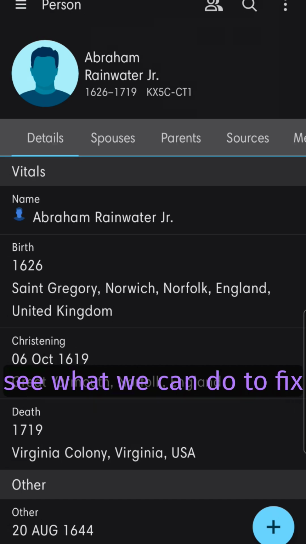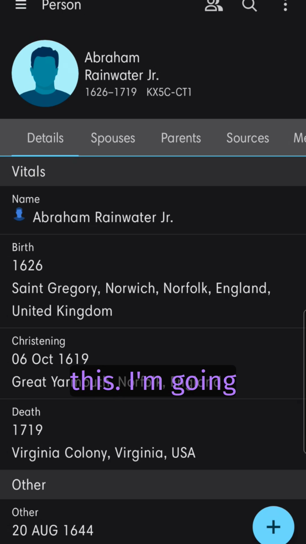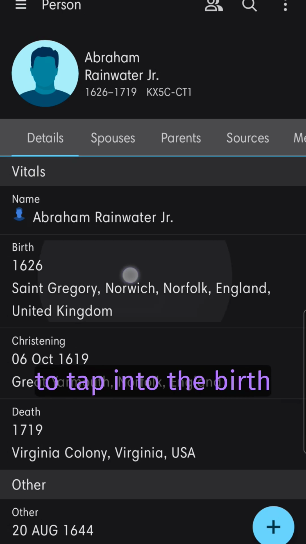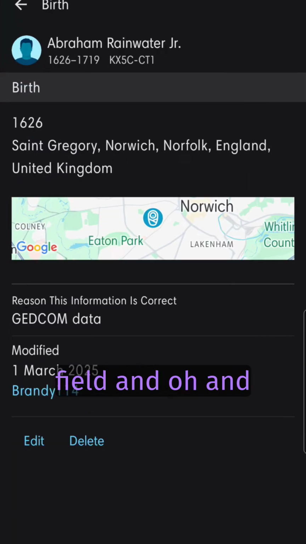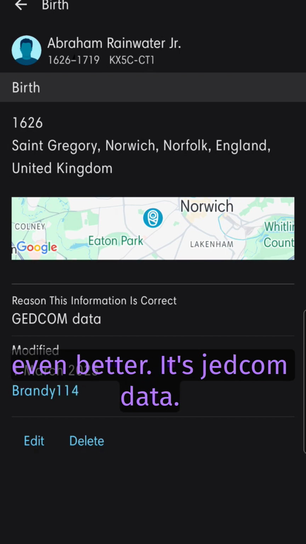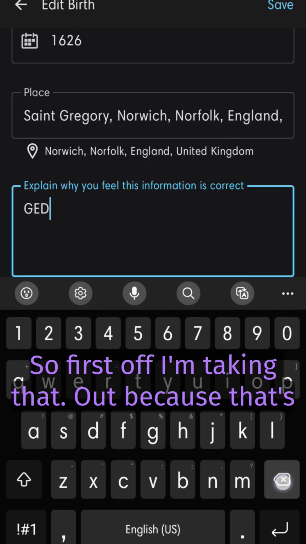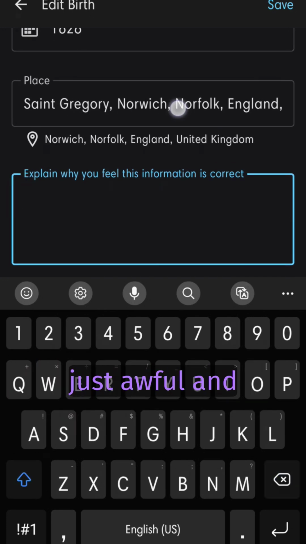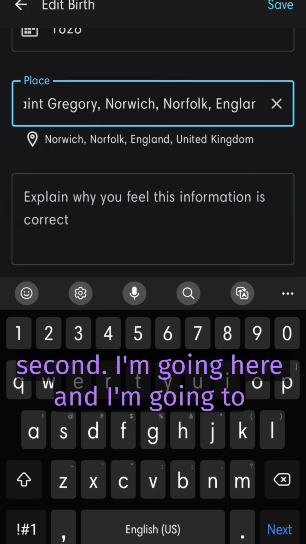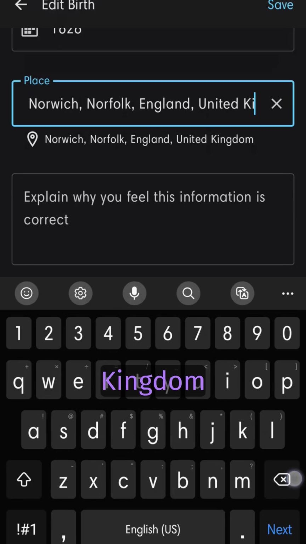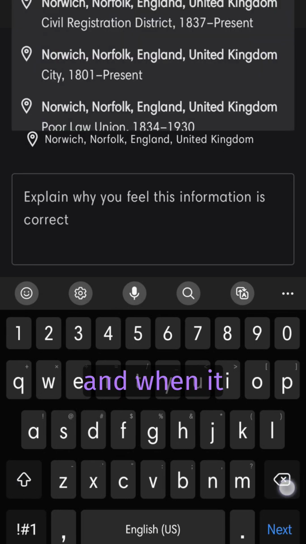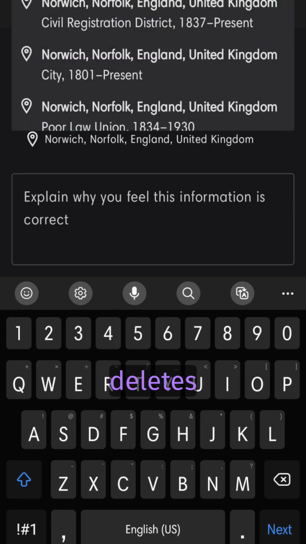So let's see what we can do to fix this. I'm going to tap into the birth field. And even better, it's GEDCOM data. Oh, please stop. Okay, so first off, I'm taking that out because that's just awful. And second, I'm going here and I'm going to delete United Kingdom. And when it deletes,